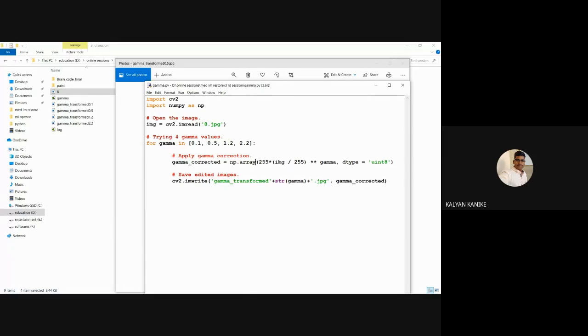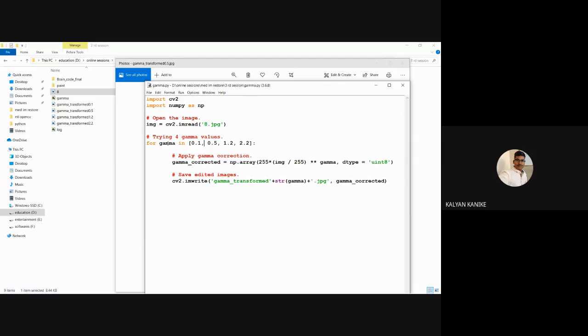Okay. So first of all, the gamma values we are considering are 0.1, 0.5, 1.2 and 2.2. According to the pixel information, this gamma is going to be added. Why are we using this for loop?